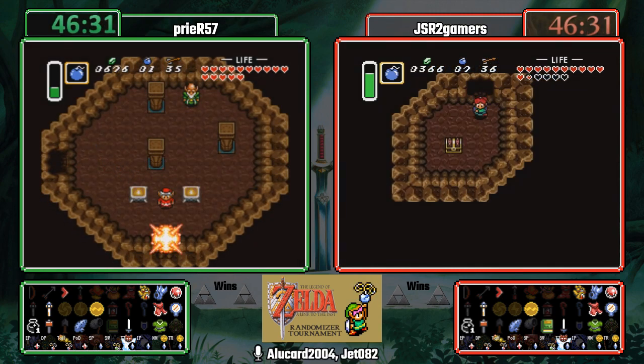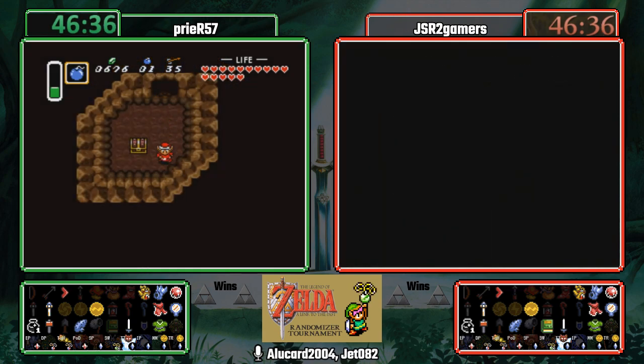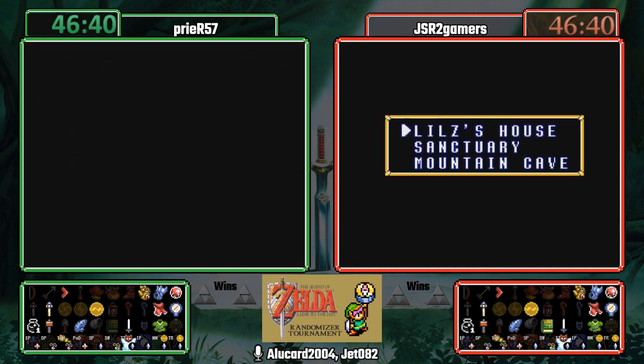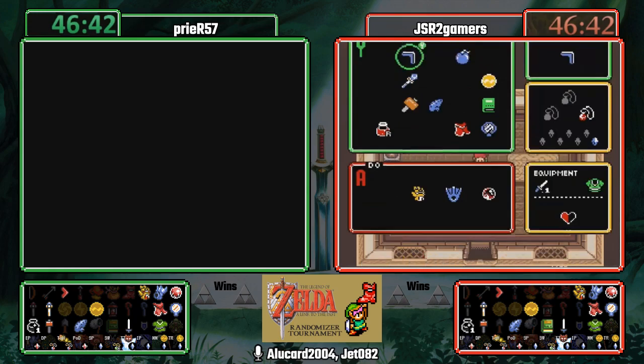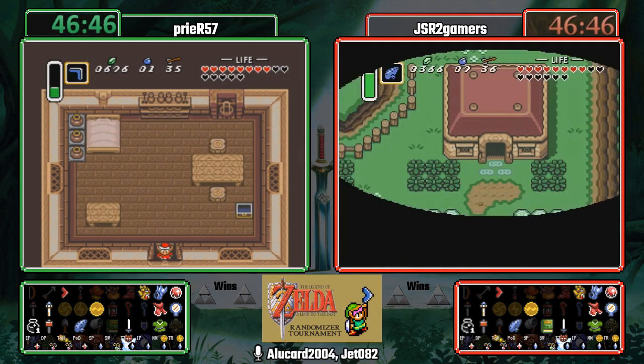And right now, our racers are right next to each other within seconds. Look at this! They're one screen apart, finding this bomb upgrade, and Agana Prier is probably looking at his bomb count, feeling a little sad, but he's got the cash to buy them if he needs to. They have a sword now, so...